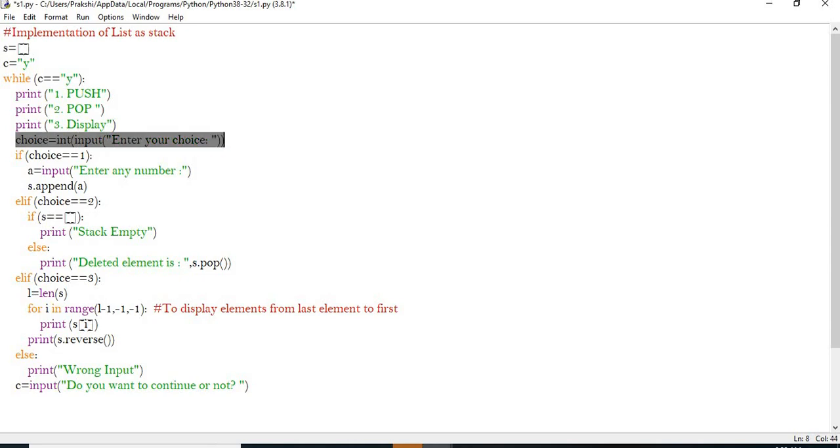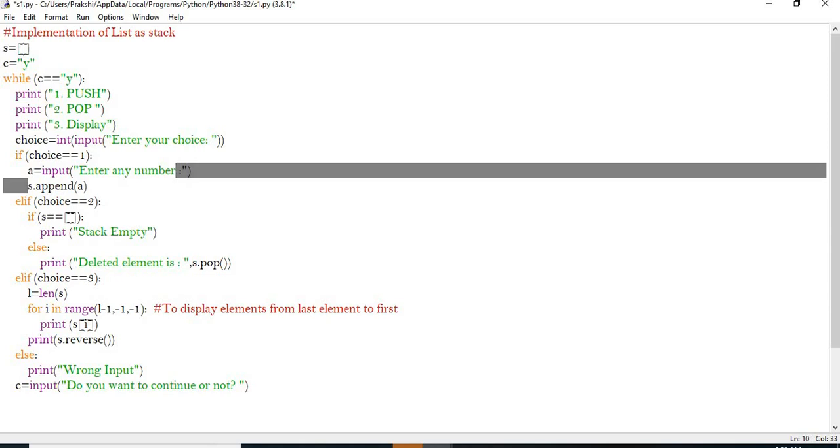Then if choice equal to 1, we are going to perform the push operation. For the push operation we have to take an element or number, or we can say a value which is to be inserted in the stack. So a equal to input, enter any number, then s dot append. This append method is used to insert an element at the end of the list.